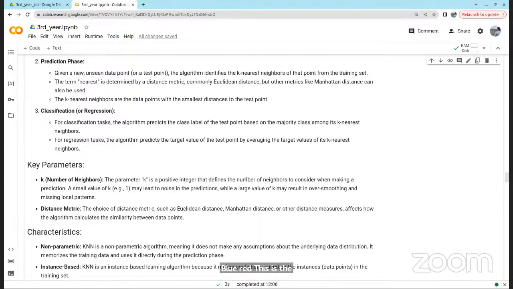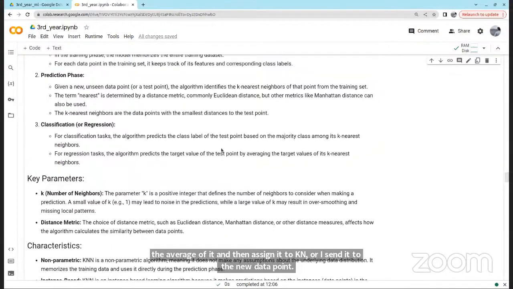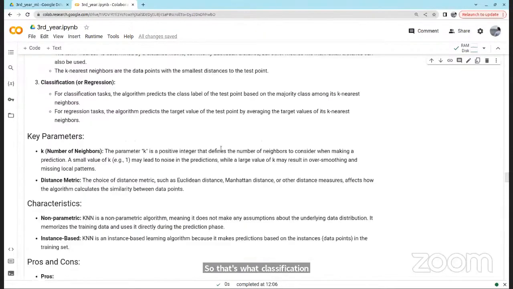So red has 3 votes, green has 2 votes, blue has 1 vote. So we'll say red is your category. In your regression task, you have 5 values. You take the average of it and assign it to the new data point. So that's what KNN is for both classification and regression.